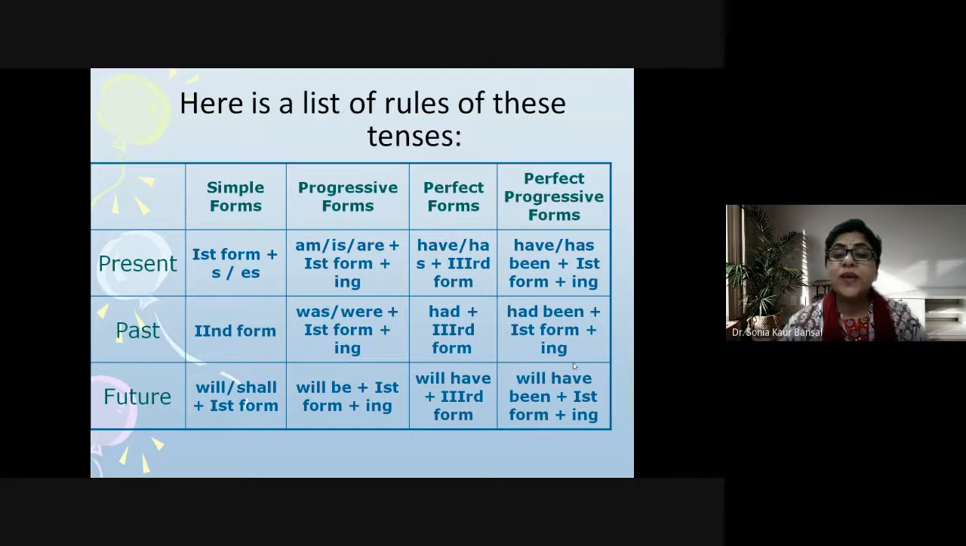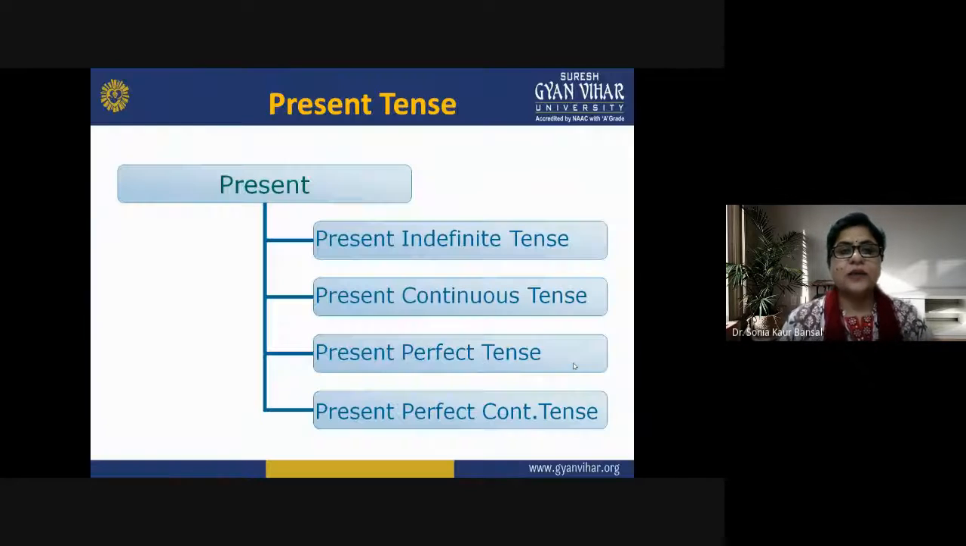But when it becomes perfect continuous form or perfect progressive form, you are using the first form of the verb plus ing, but has, have plus been with that. Clear? So these are the basic rules and the structures of how we are going to frame the sentences. Clear, students? Now, let's understand in brief how present tense is dealing with present indefinite tense, present continuous tense,